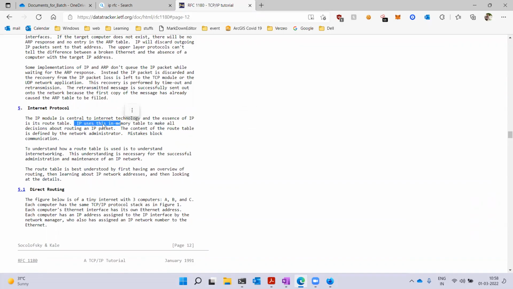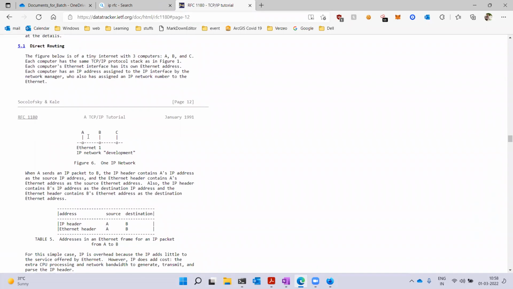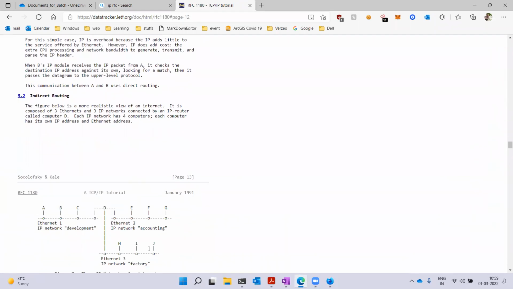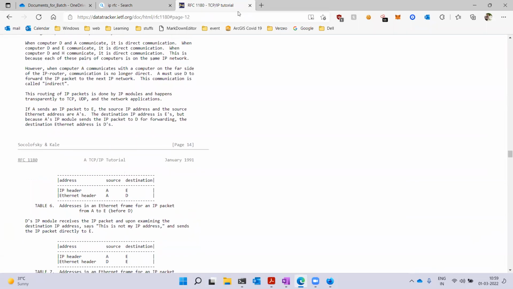IP uses these in-memory tables to make all decisions about routing IP packets. The content of the route tables is defined by the network administrator. Then we have direct routing, where you have one-to-one connections. Then you got indirect routing, where we have multiple nodes to jump through to connect to a service or an